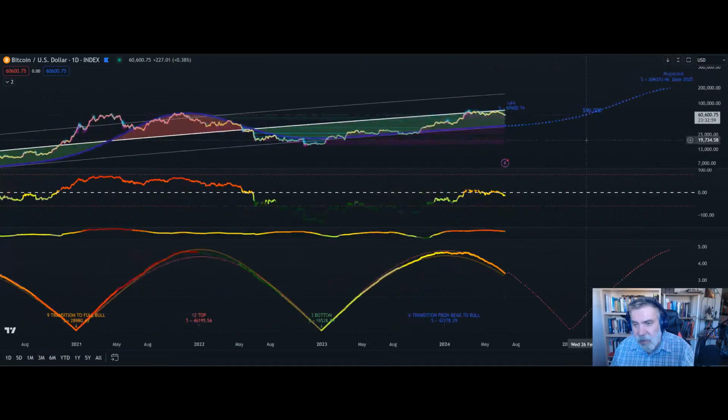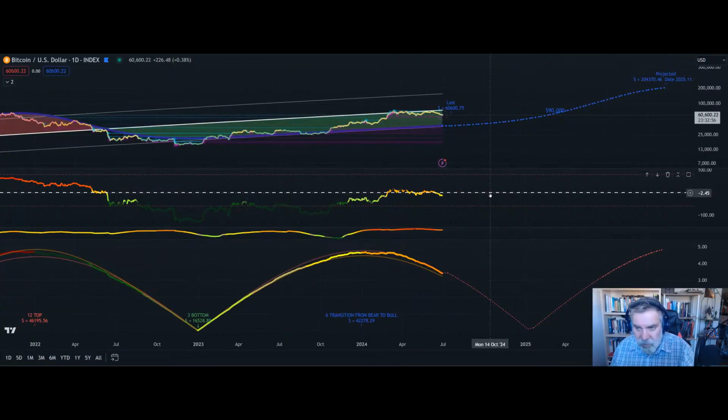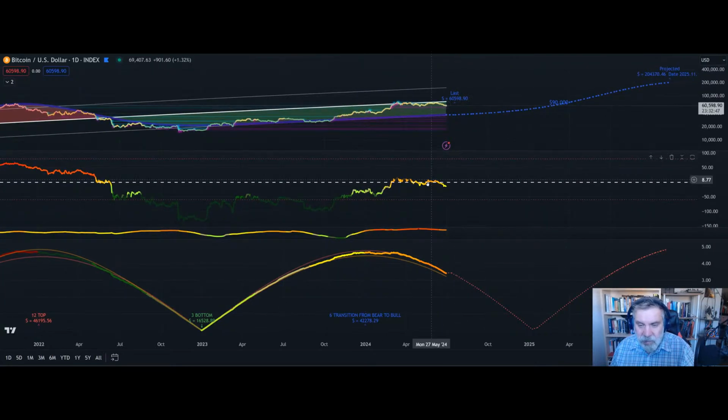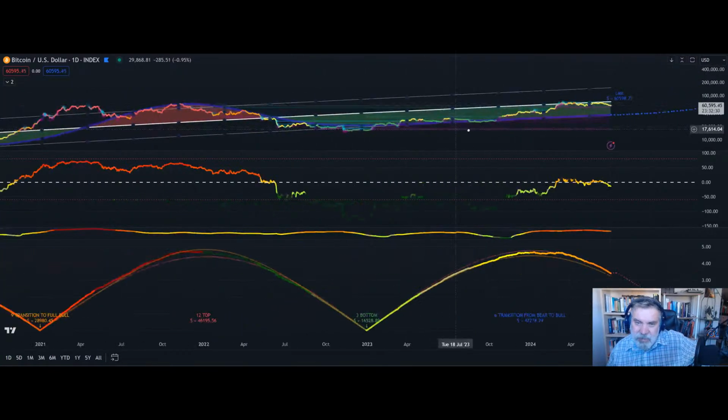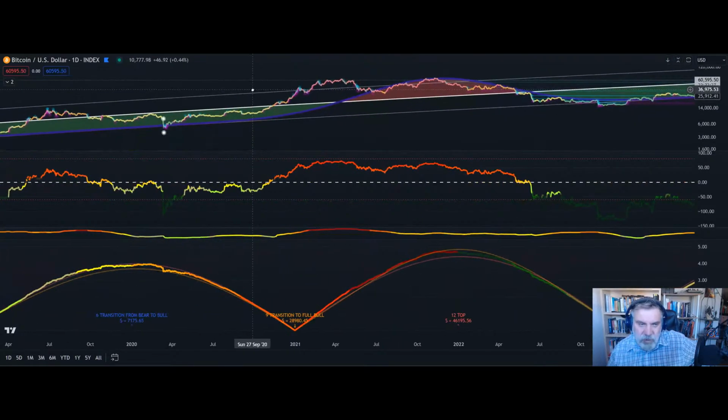So this is where it's a little bit more difficult to make predictions, compared to when you are at the bottom or at the top, when there are these main transitions. When in an area like this, it's much more complicated, right? But in this case, I would say my reasoning goes like this: unless there is something dramatic in the market, and I don't see what it could be. We had a similar situation in the past, for example with COVID, where we were a little bit too bullish relative to where we were supposed to be, right? We were supposed to be much closer to the blue line,